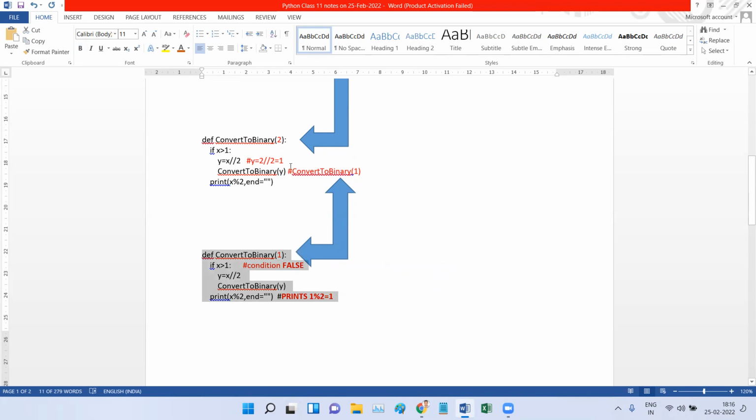Once it goes back, the task for this calling, convert to binary of 1, is over, because it has done everything and printed everything. But now it must also execute this print statement. What was the value of x here? The value of x was 2. So now it will modulo divide 2 with 2. What will be the value? When we divide 2 with 2, we will get 0. That's why here it will print